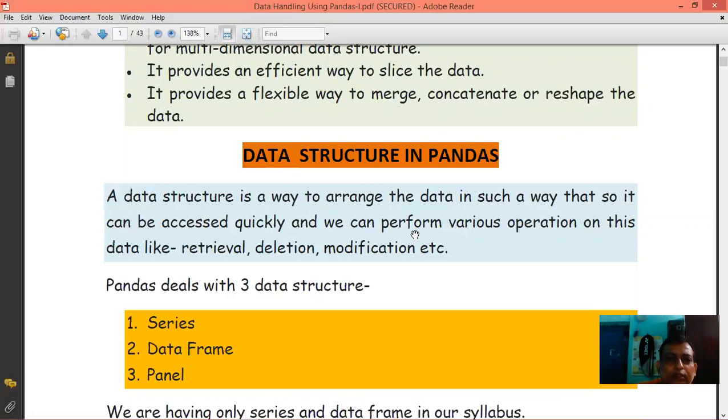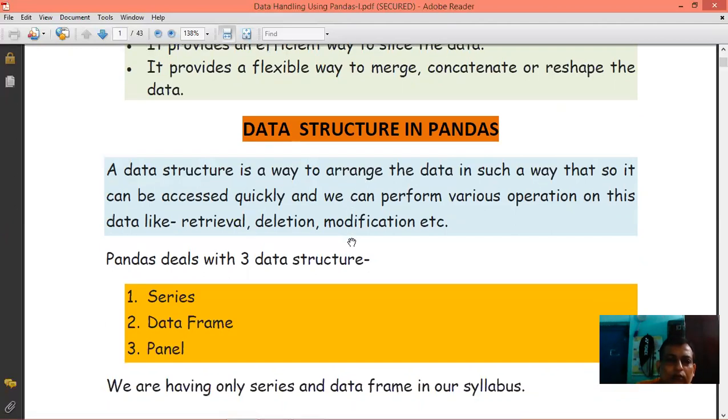So what does the term data structure mean? Data structure is a way to arrange data in a particular way so that it can be easily accessed, easily modified, and records can be searched within no time.